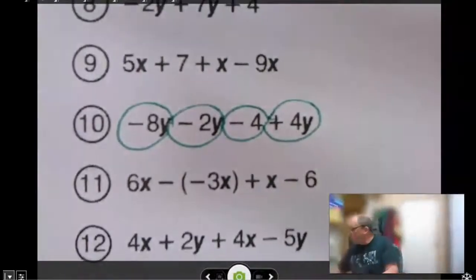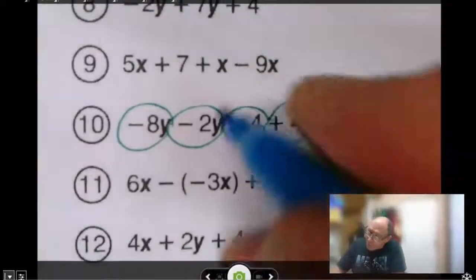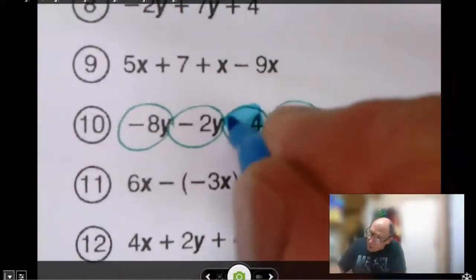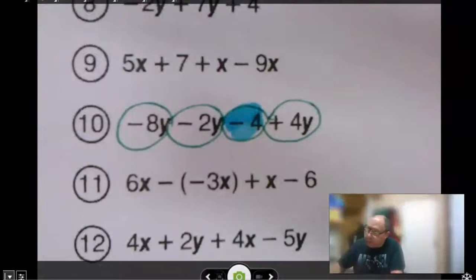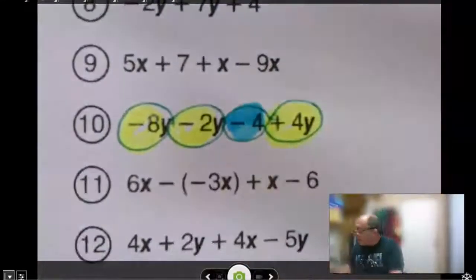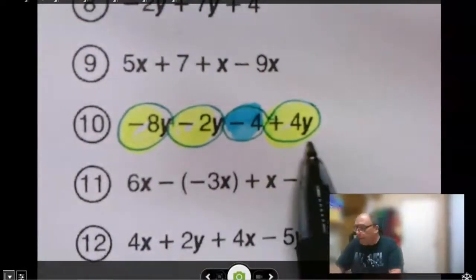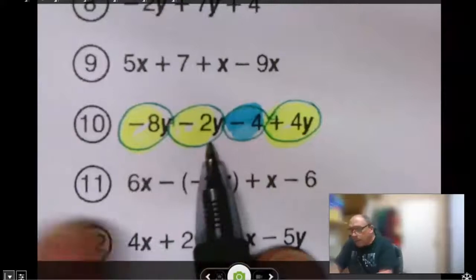Why am I doing 2 colors? What are my 2 colors? Y's, and then what is this called? That's the constant, right? Just a number. So that's in blue. These are in yellow. So I'm combining all my y's together. -8, -2, and 4. So -8 and 2. So my negatives are